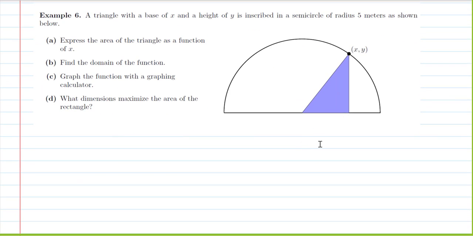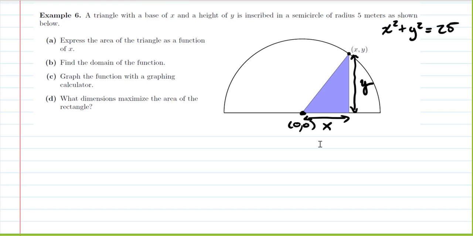So a triangle with a base of x and a height of y is inscribed in a semicircle with a radius 5 as shown below. We want to express the area of the triangle as a function of x. So we look at our triangle, we have our semicircle. So if we assume that this is 0, 0, the equation of a circle with center 0, 0 from chapter 1 was x squared plus y squared equals r squared, and our radius was 5, so 5 squared is 25. So then that would make this side x and make this side y